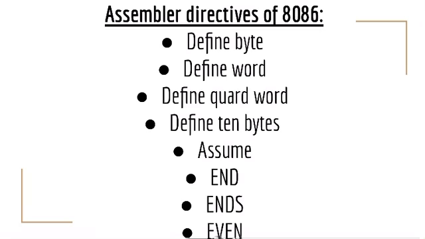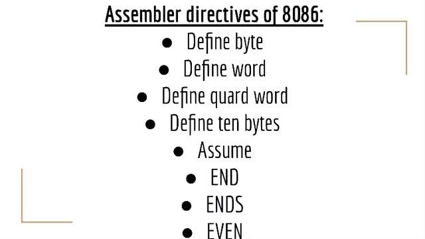Now let us see the assembler directives of 8086. So these are the assembler directives of 8086. These assembler directives help the assembler to correctly understand the assembly language programs to prepare the codes. Unlike instructions, which perform arithmetic and logic tasks, directives just direct the assembler to correctly interpret the program and code it appropriately. The directives are commonly used in assembly language programming practice using Microsoft Assembler or Turbo Assembler. Okay, so let us see these things.